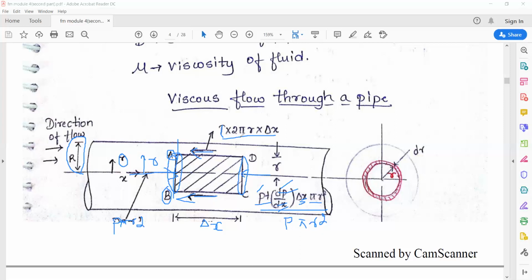is the shear force that is acting on the surface of the fluid element in the opposite direction. So that is what we have considered. Before deriving the equation for velocity distribution, shear stress distribution, and pressure distribution, and the ratio of maximum velocity to average velocity, you need to go through this concept. So after that,